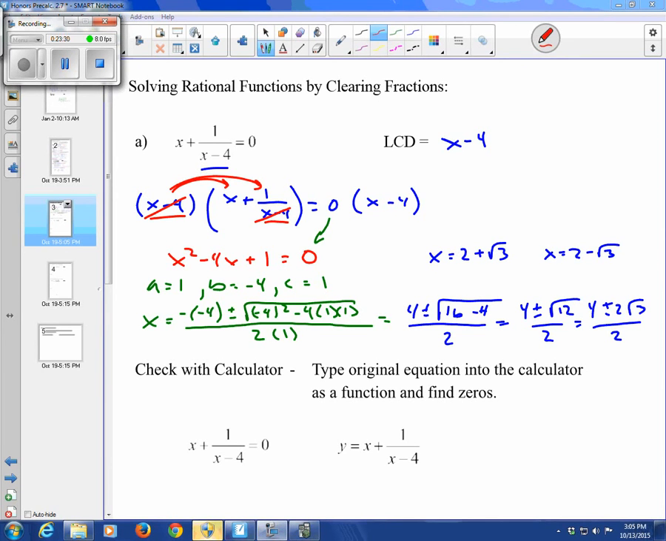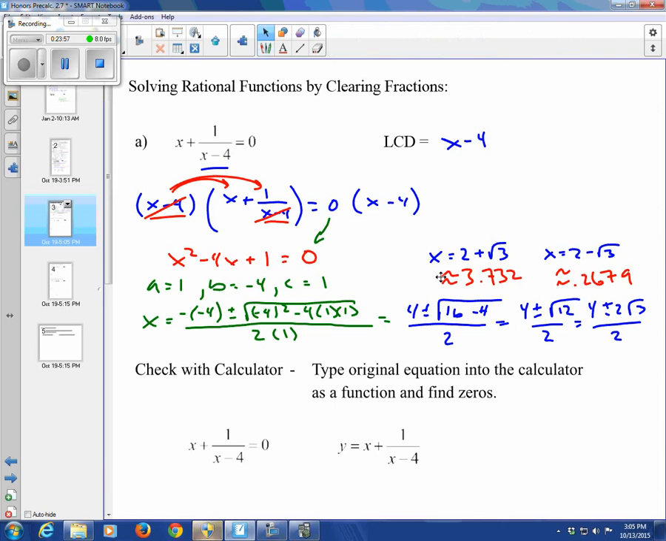Now right here we can say that these solutions would be approximately 3.732, and right here we could call this guy approximately 0.267. Now right here, plugging these guys back into the original equation to see if they give us solutions is a messy process. So one thing we can also do to check to see if our solutions are both valid is